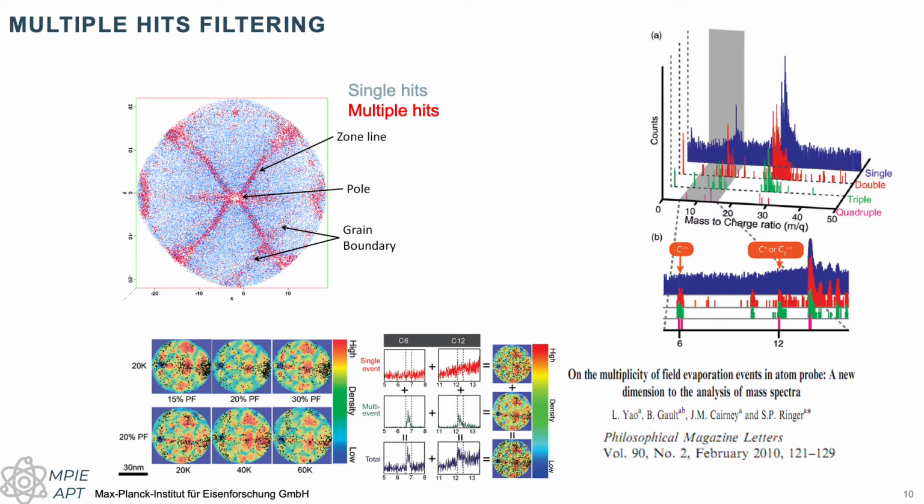Multiple hits are typically not homogeneously distributed within a dataset. If we take even something like pure tungsten, for example, we see that most of the multiple hits arrive along zone lines and the poles, and also at crystalline and microstructural features like grain boundaries. And this is due to the field evaporation process, specifically at these locations at the specimen surface, that prevents good